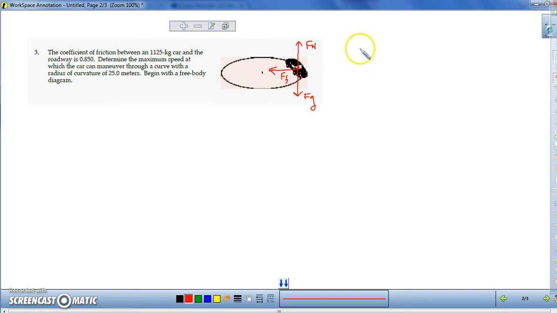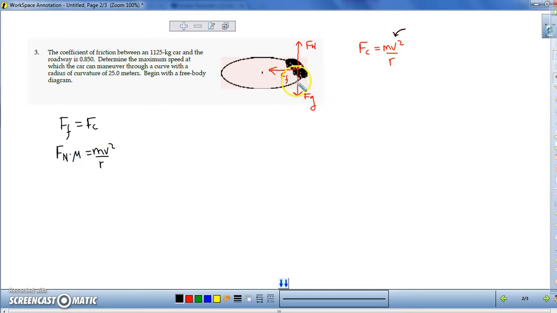So automatically, when I think of this, I know the force centripetal can be modeled, or the net force of a circle is mv squared over r, which is where we're going to get our velocity. I'll do this in black ink, like that. But we need a little more information. Or what we can say is that the friction is causing the circle motion, which is what we're going to say. So remember, force friction is force normal times mu, which is equal to mv squared over